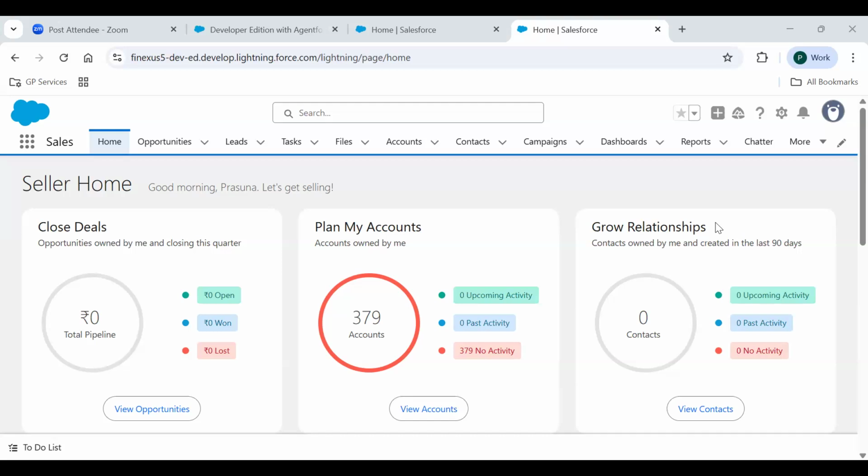Ma'am, your screen was stuck. We can't follow the exact page. You were able to see the app exchange, or not? No, ma'am. We are on the sales home page. Oh my God. Let me share the entire screen.